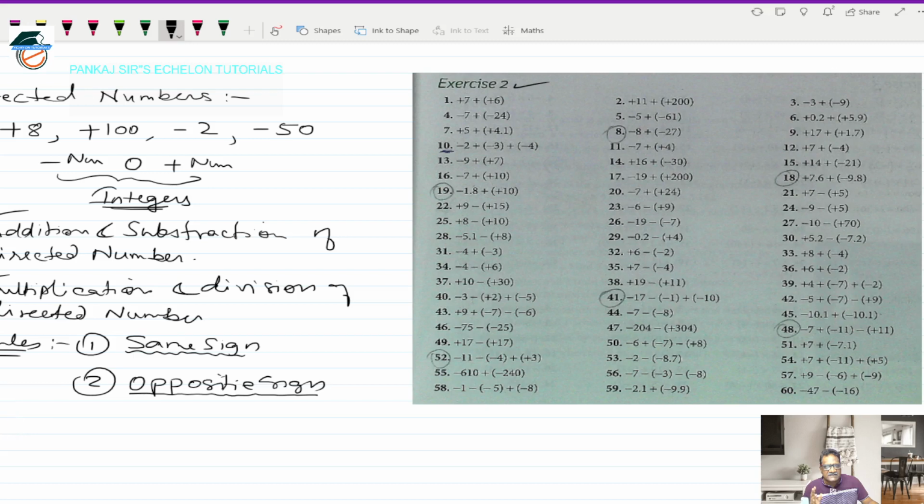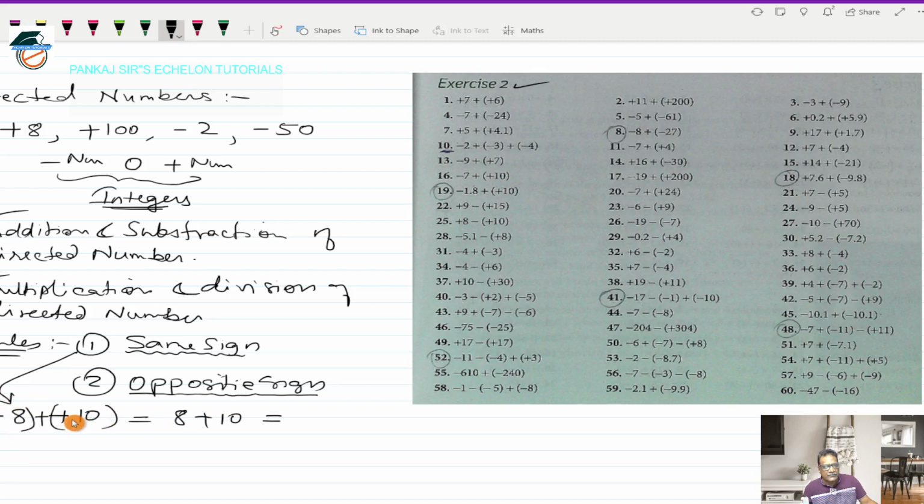I'll give you one example. Suppose you take 8 and you take 10. Both have a positive sign, so positive 8 and positive 10 are both directed numbers. Now if you want to add these two numbers, this can be written as 8 plus 10 only. Now the rule says that whenever you want to add two directed numbers with the same sign, and this is the rule for same sign,